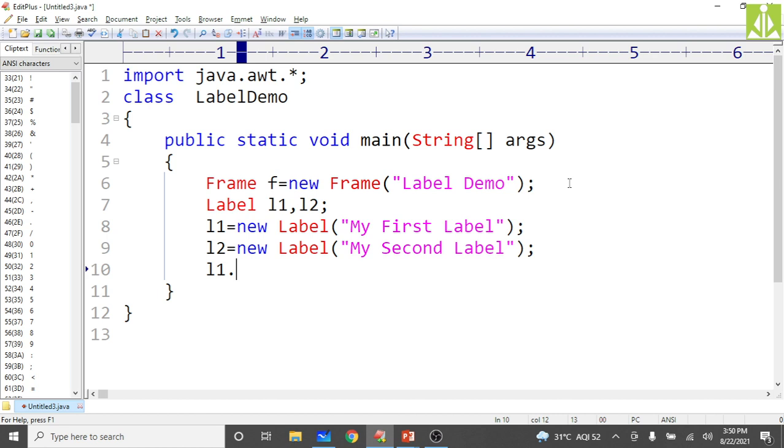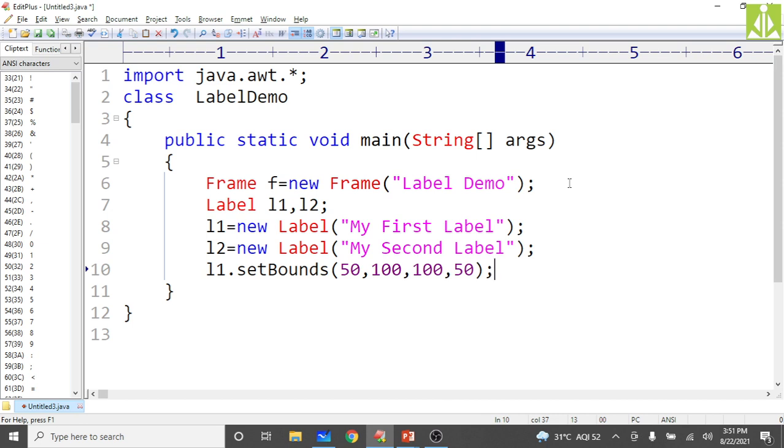That position will be decided by the set bounds method. Set bounds of, give the coordinates, like from the top 50, from the left side let us say 100, and from the right side let us say 100 only, and from the bottom also 50. Likewise, it will take these coordinates and print the label. I will show you how the label will come.